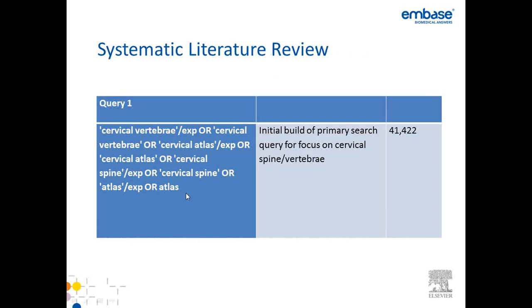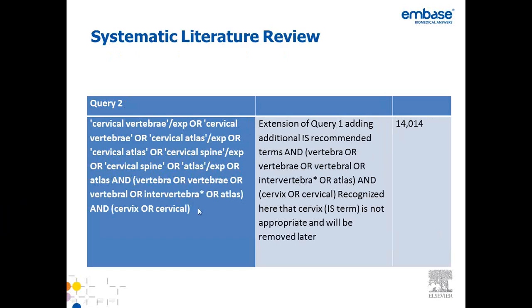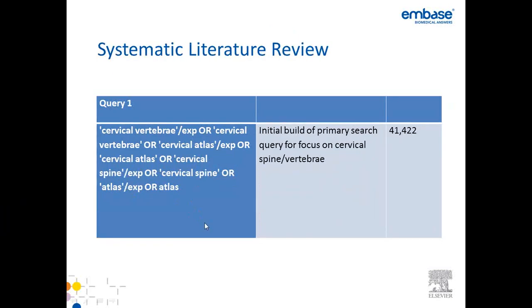Okay, so we're going to build a query until we ultimately find the information that we need. So this was the first query that we built. The left box is the actual query with the appropriate quotations and mesh terms. The center column will just be comments focusing on that query, and then the last column will be the number of hits, if you will, in the Embase program